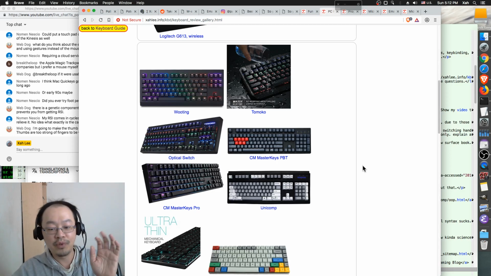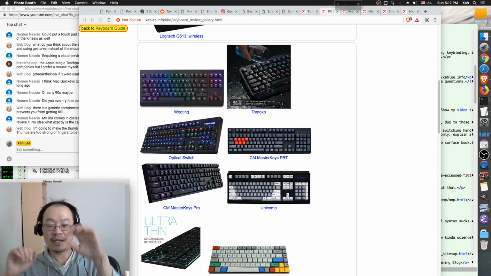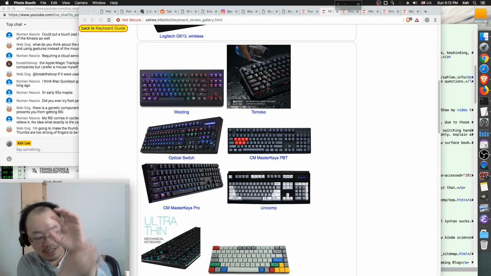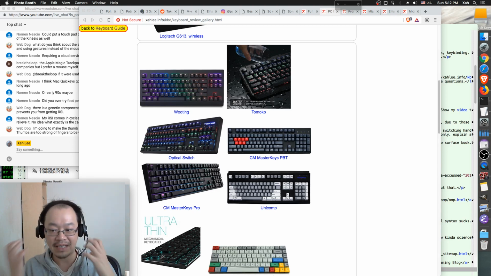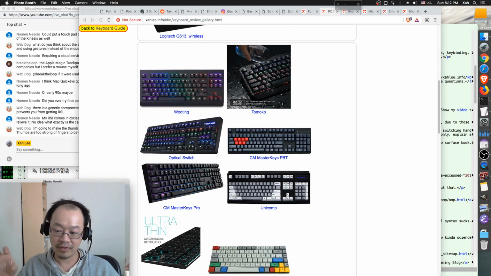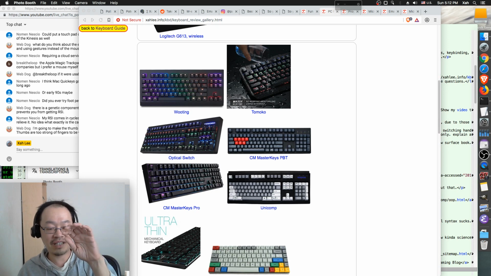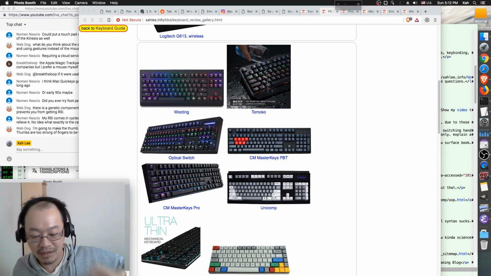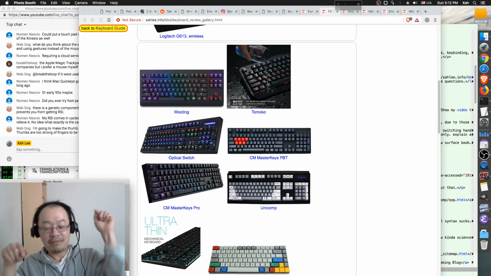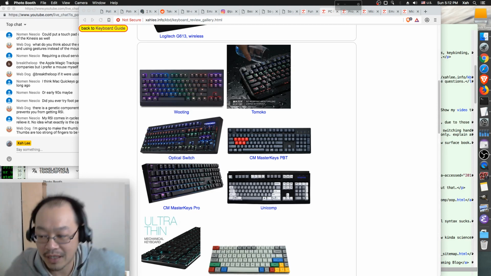Then I tried to move my hand like that, and immediately I could feel a pain. That's when I realized that was the cause. So I stopped pressing the key by moving my hand that way. Maybe I should just lift my hand and press that key.